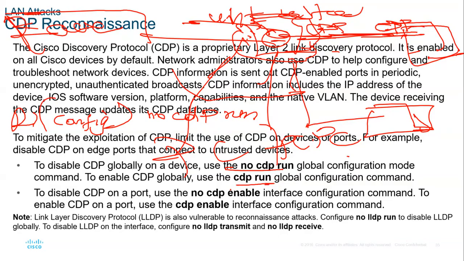Or you can disable CDP on a port. So it will be Router1 config-if, in this mode you put no cdp enable. You're disabling it on a single, specific interface, and that marks the end of our